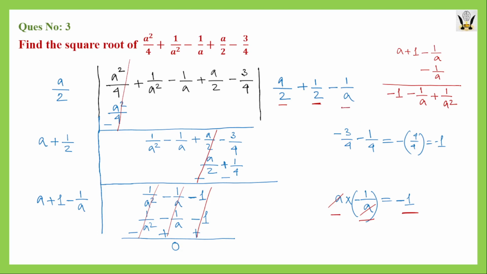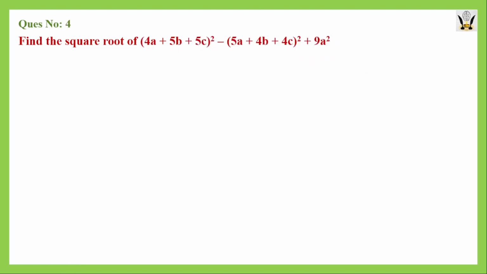And the term that we have added and we have multiplied by, that we will be writing here, that is minus 1 by a. And this value, a by 2 plus half, then minus 1 by a, this will be actually the square root value of the given algebraic expression. Now the next